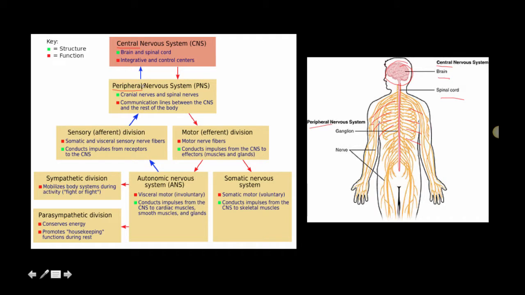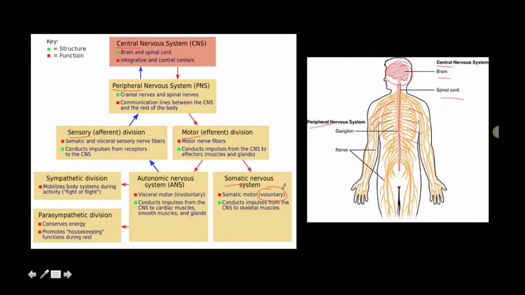Now the peripheral nervous system can get divided up even further. So there's motor neurons and sensory neurons like we talked about. And remember, sensory neurons send messages back to the central nervous system if you follow these arrows. And motor neurons send messages from the central nervous system or the spinal cord out to the body, and that can go to two different parts. That gets divided up even more. The somatic nervous system goes to voluntary muscles. Now if you remember the skeletal muscle system,